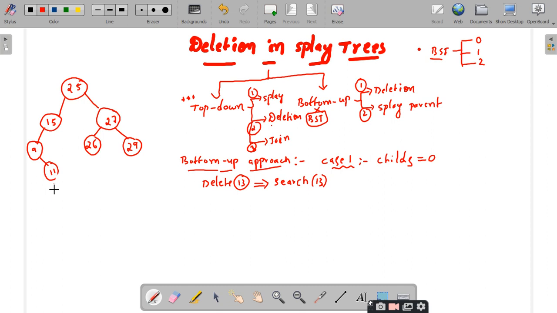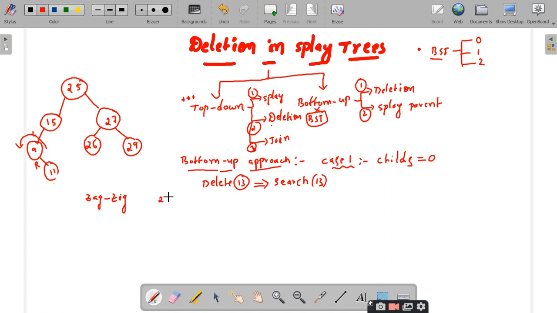11, right? So what do you have to do? You have to make 11 the root node of the entire BST or entire splay tree. This 11 is placed as the right child of the parent, and the parent is the left child of the grandparent. So what is the type of rotation you have here? Zig zag, sir. Super. It is a zag-zig rotation. So first the zag has to be performed with respect to the parent, and then for the resultant tree you have to perform the zig with respect to the grandparent.